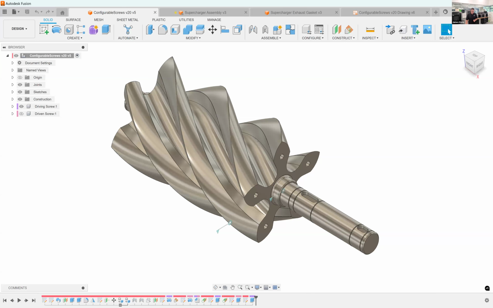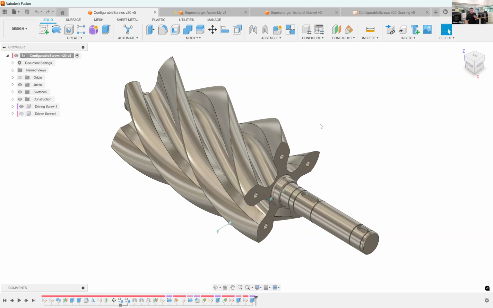You can see here, I hope you can see, that I've got a supercharger screw from that supercharger assembly that Jacob showed before. The first tool I'm going to be showing off that's new in this release is what we're calling the new spun profile tool. Essentially, this is a tool that's going to allow our CNC machinists, specifically turn mill or turning machinists, to really get their stock shape out of their 3D models in the design workspace and into the manufacturing workspace a little